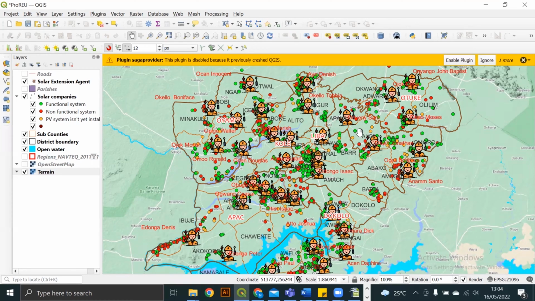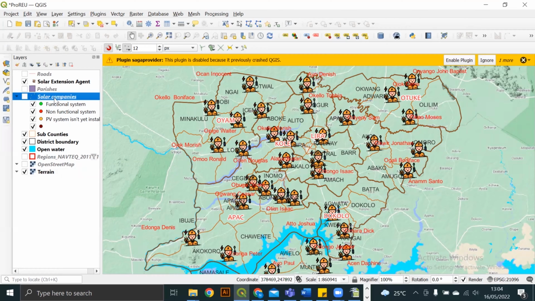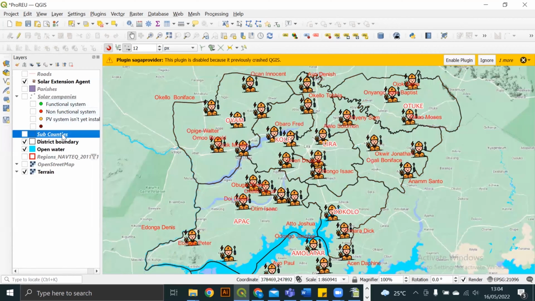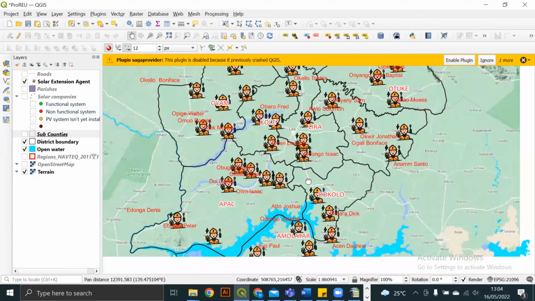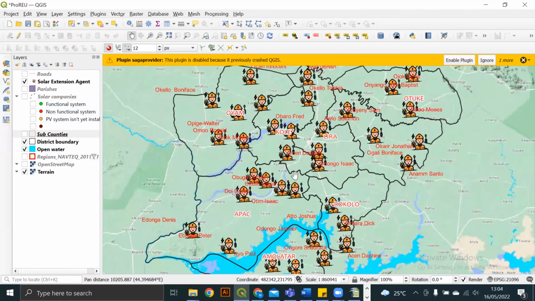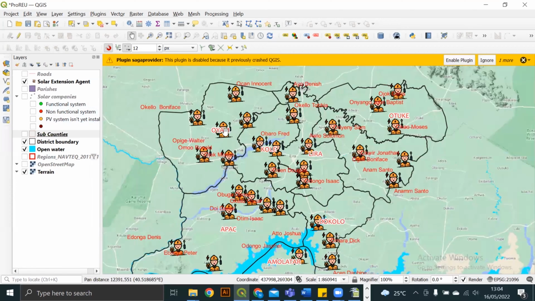Let's just switch off other data so we can see clearly how they are distributed. So let me switch off this data. Okay. And then let me switch off sub-counties. Okay. So now you see that there are 1, 2, 3, 4, 5, 6 solar extension agents in OYAM, and